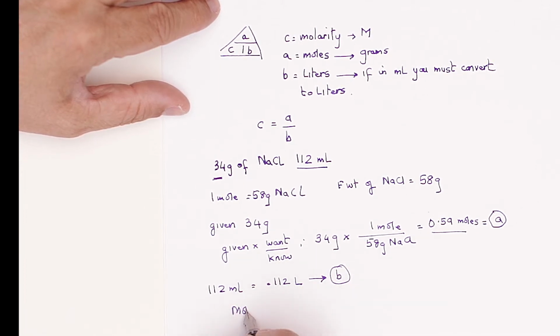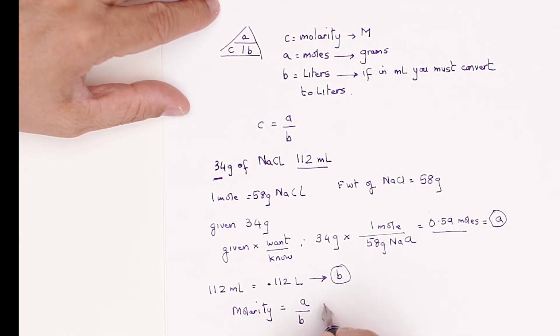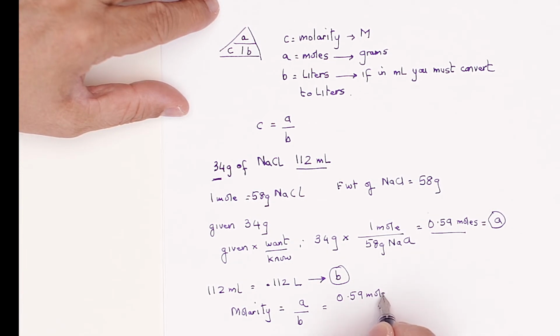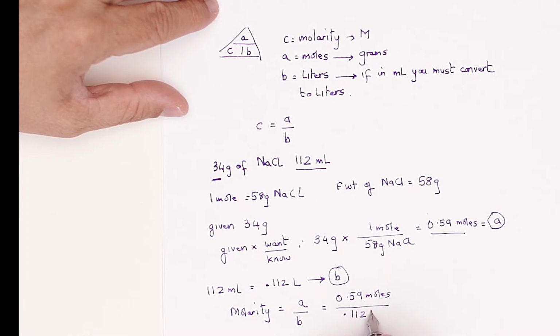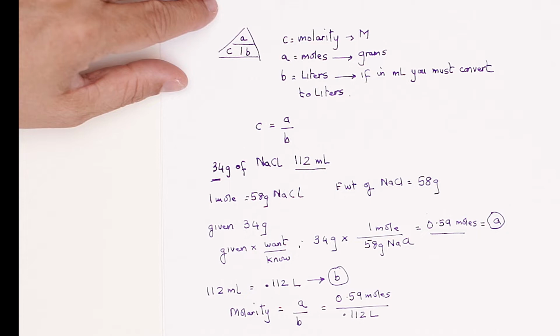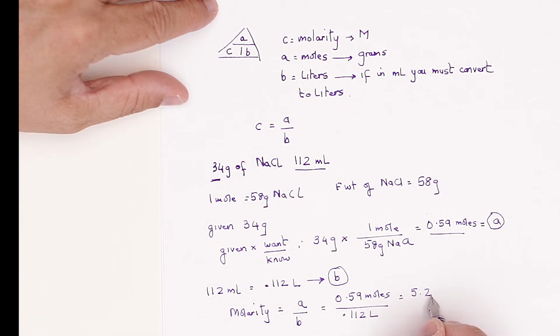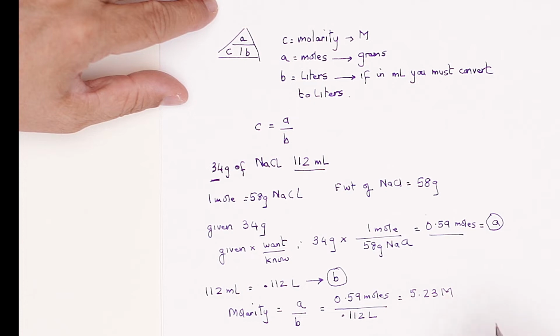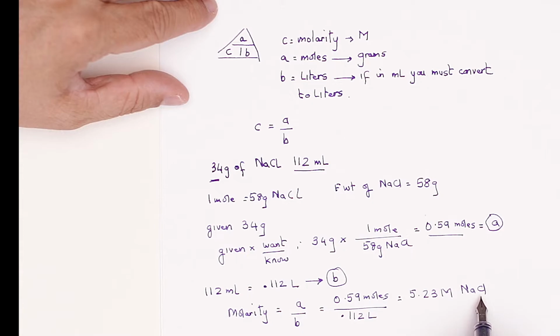So molarity is equal to A over B. So this is equal to 0.59 moles divided by 0.112 liters. And that gives us 5.23 molar sodium chloride. Now again, keep in mind, the moment you see NaCl, and I know my Cl looks like a D,